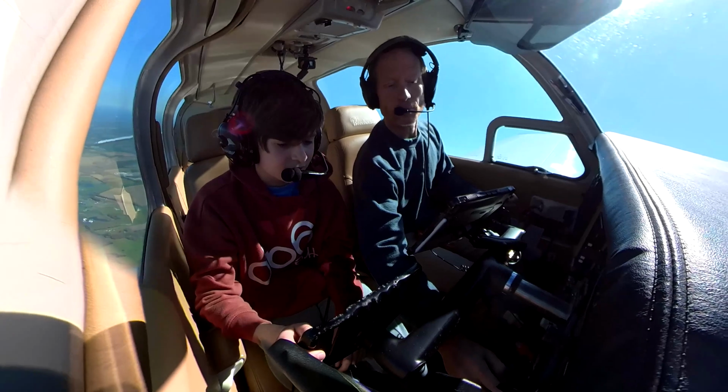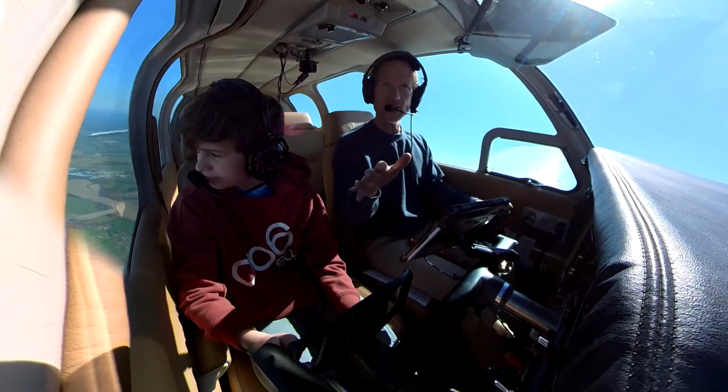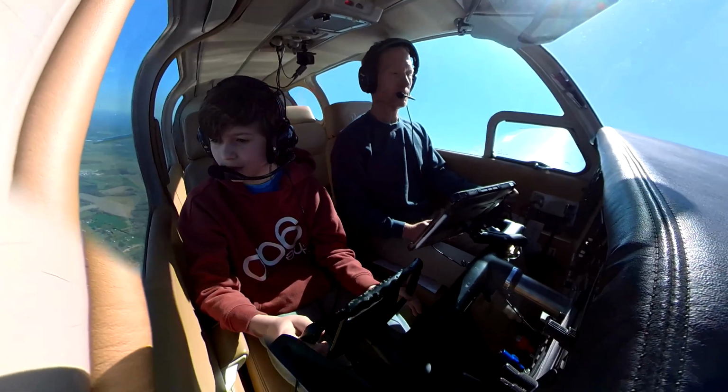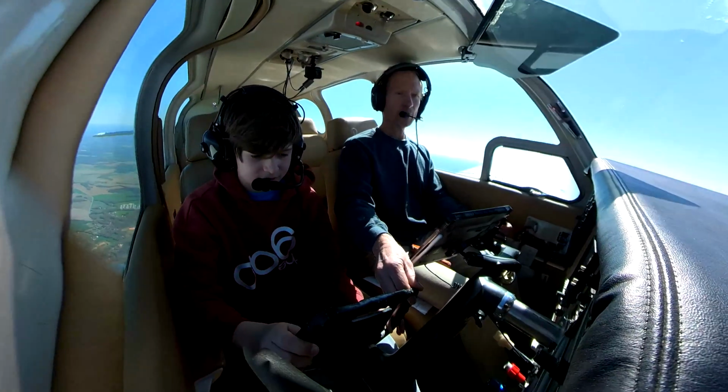See how our wingtip is lined up with that line? That's how, if you couldn't see outside, that tells you you're doing a standard rate turn. And then when you want to level off, you go back to the left, but then you have to...